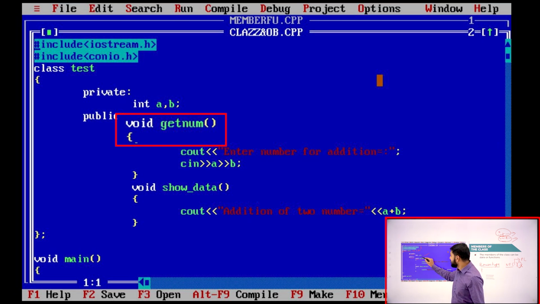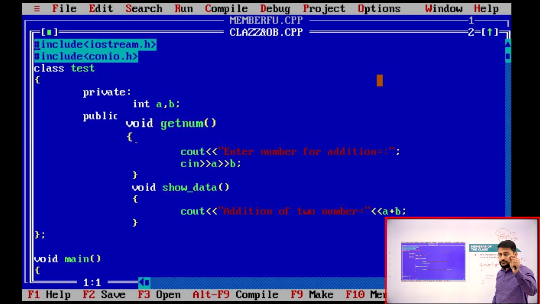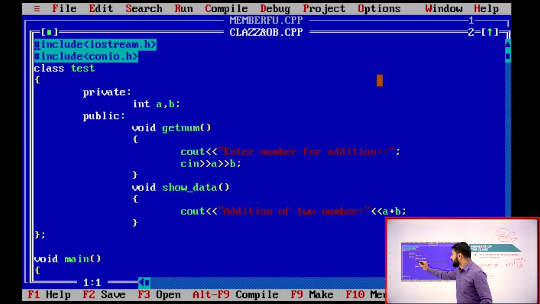Remember, all the statements have the semicolon, but here I am not using the semicolon. What is the meaning of it, sir? If you don't use the semicolon, you need to understand that you have a block of code followed by that. So you have to use the open flower bracket. Inside that flower bracket, I have given two statements. What is the statement that I have given?